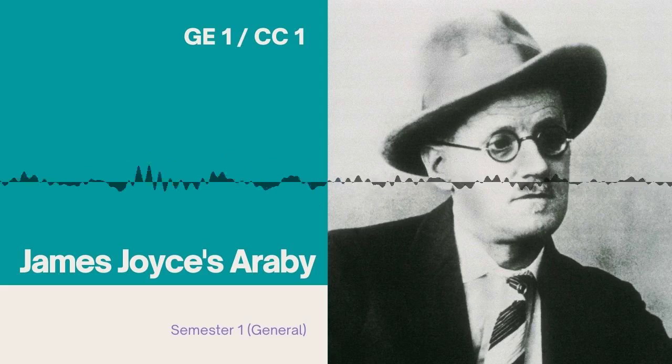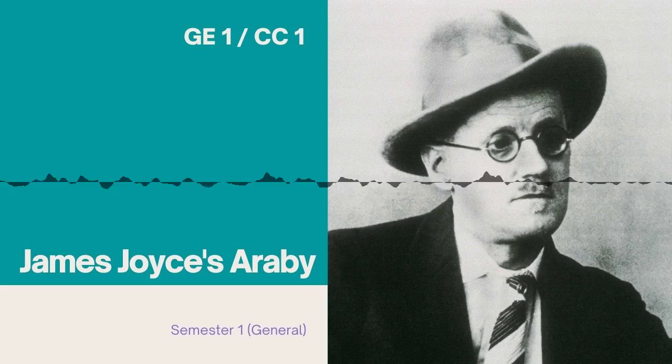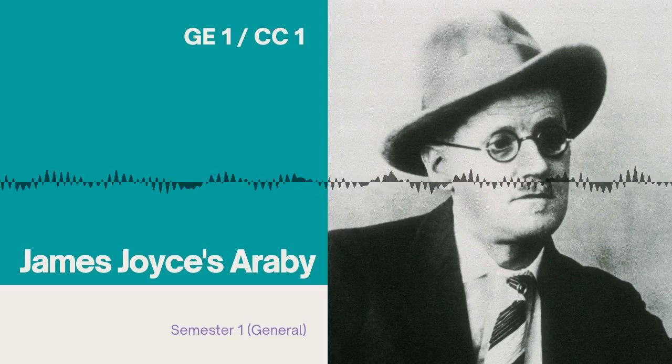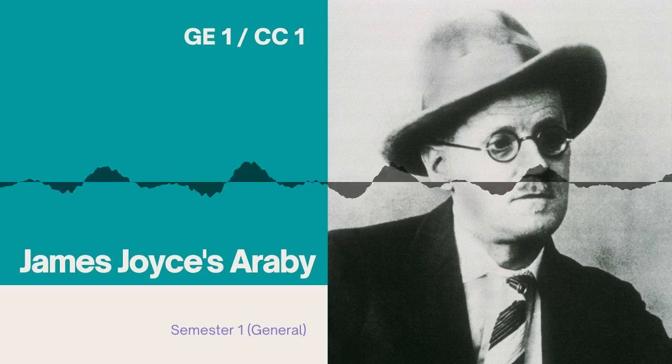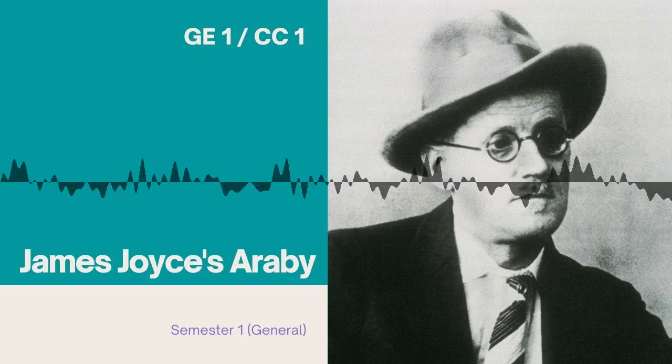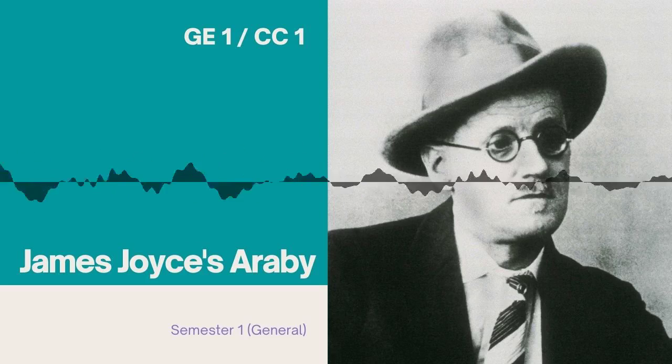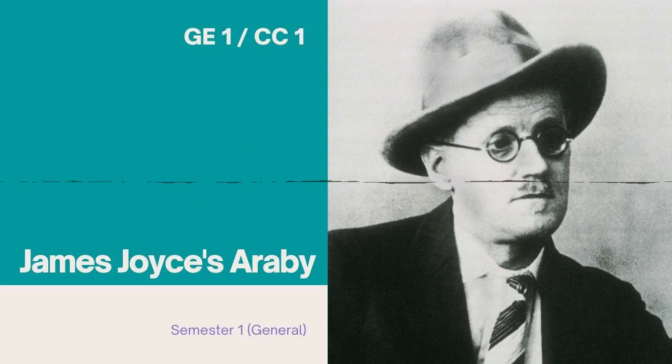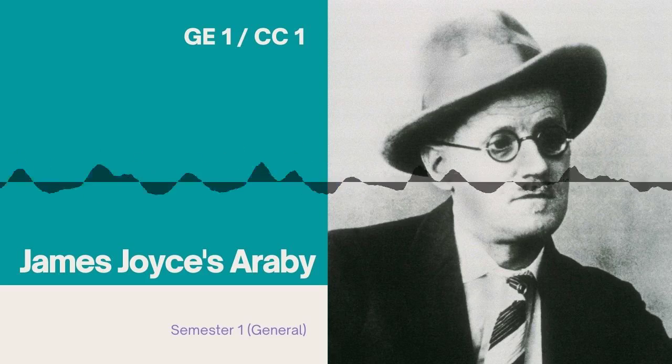So, in a way, while writing the story Araby, James Joyce was not just writing a story set in the city of Dublin. He was actually writing about his own adolescence when he was 12 years old. He was writing about his own experiences as a younger person. When he wrote Araby, when he wrote Dubliners, he was obviously much older, but he was reminiscing his own youth, his own adolescence.